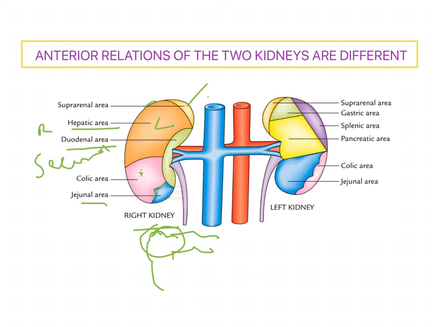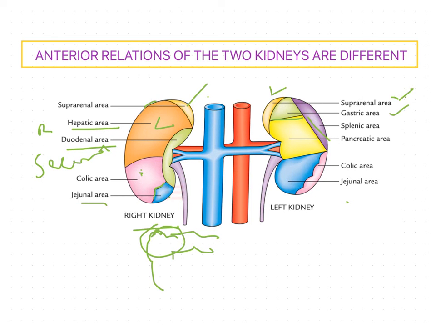When you move on to the left side kidney, on the anterior relationship you can find the suprarenal area here also, where the left suprarenal gland is present, and you can find the gastric area as well as the splenic area. The gastric area is related to the stomach. If you see this gastric area, the stomach is present in the second layer. So the second layer organ is also related to the fifth layer, which is present in the abdomen,